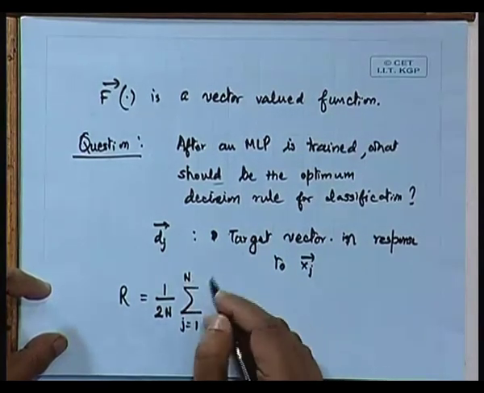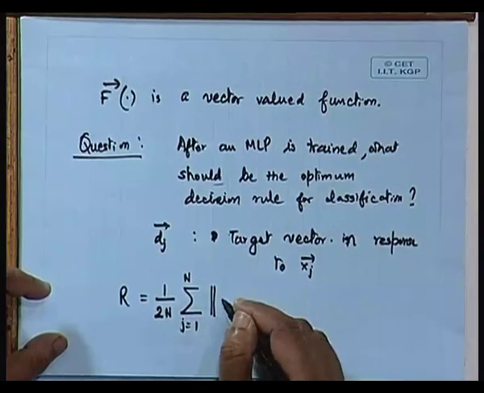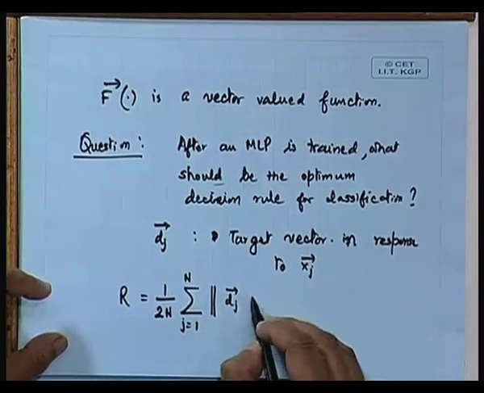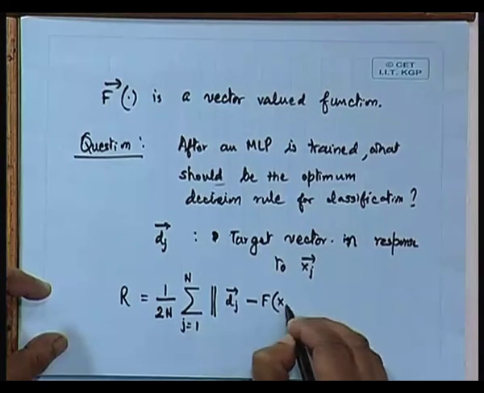Then we have summation j equal to 1 to n, and the norm of this vector dj minus f of xj,